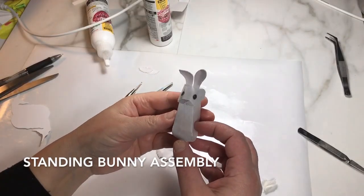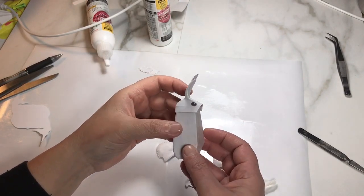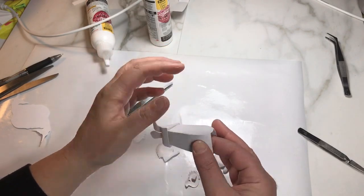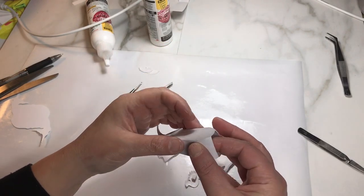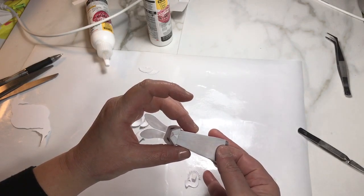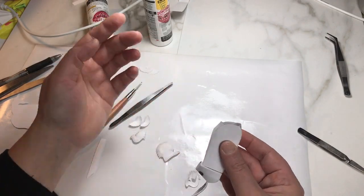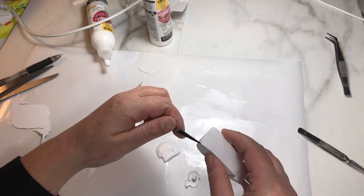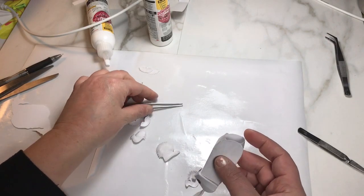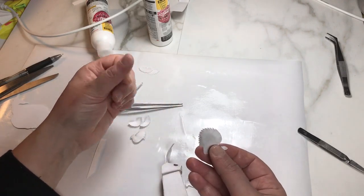Okay, so here I have my bunny, my standing bunny, and I've gone ahead and I've glued him together, and he goes together in a similar fashion to the sitting bunny. So again, it's mountain folds, and you're going to curve the back and curve the belly before you glue it. And again, you'll find these areas here, you might want to use your tweezers to hold down that tab like so. Okay. And now with the hind legs, again, they were shaped in a similar fashion with the ball tool